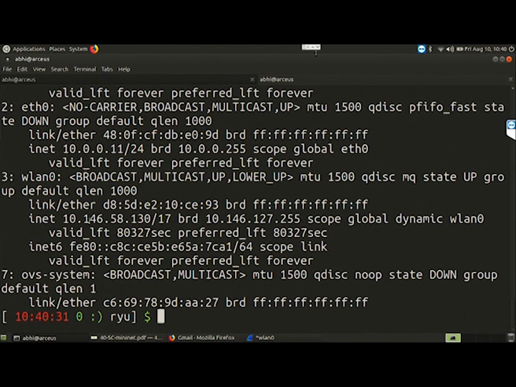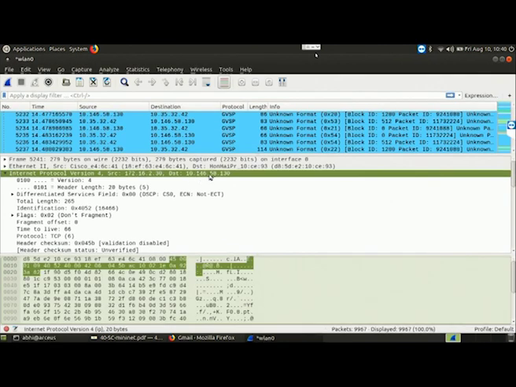So, the address is 10.146.58.130, the address of this machine. So, here also the destination address is 10.146.58.130, the address of this machine. So, the packet has been received from the HTTP proxy that we have in IIT Kharagpur to this machine, and